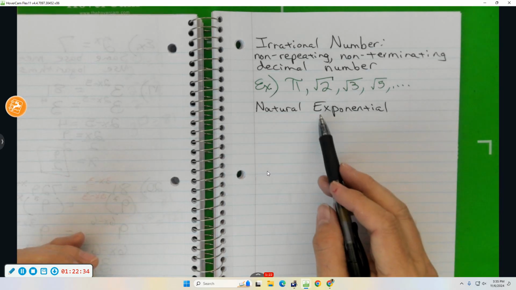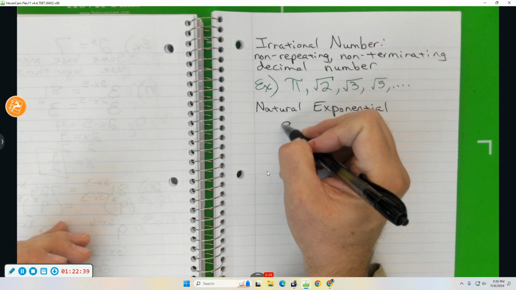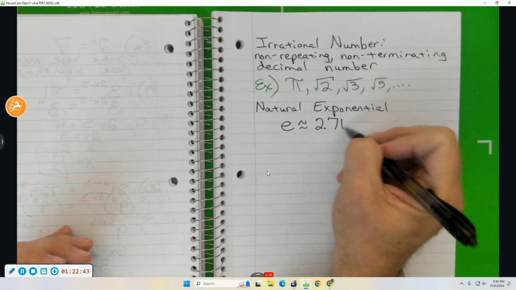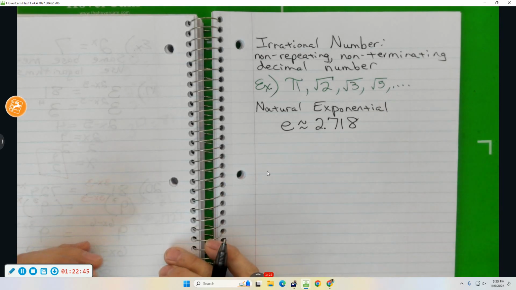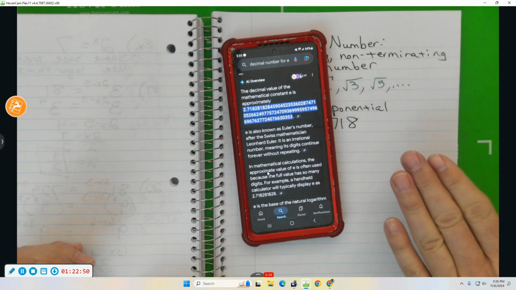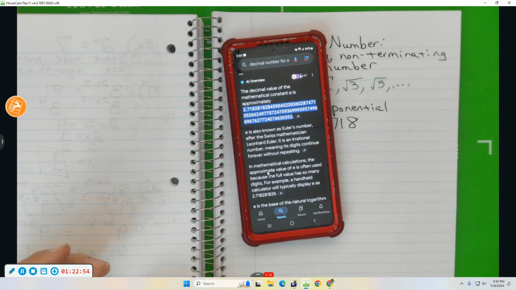The symbol they decided to use to represent the natural exponential is the lowercase letter e, and its approximation is 2.718. This is a decimal approximation for it: 2.718281828. It looks like it's about to repeat, and then it begins to